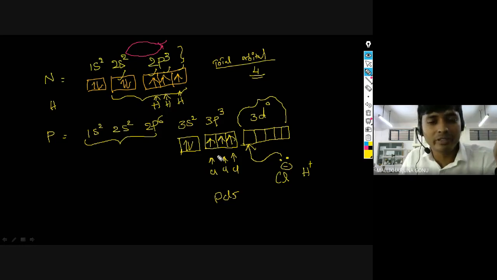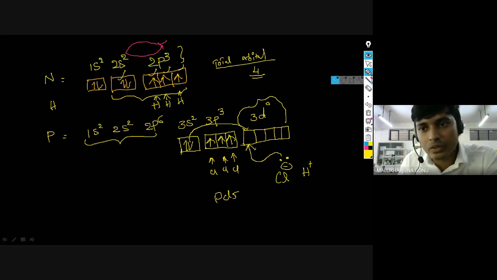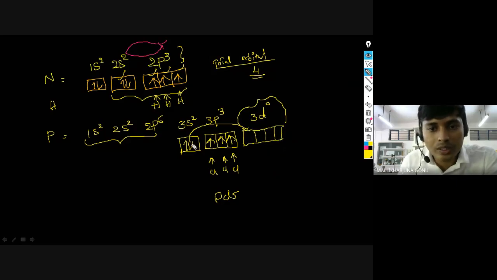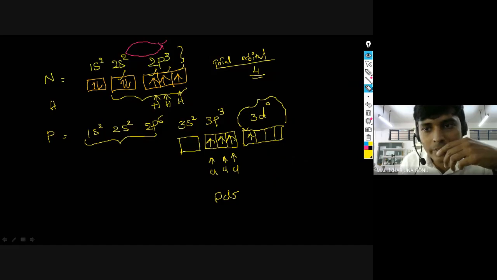So PCl5, how will it be possible? Whatever electron is there, that electron can be shifted here. Okay, so from the start, if I write, this is the orbital. Now this will get excited to here. Let's check how the compound PCl5 is forming. This is exciting here, so what happens? Now it became only 1 electron. Of the 2 electrons, 1 electron I have shifted here.